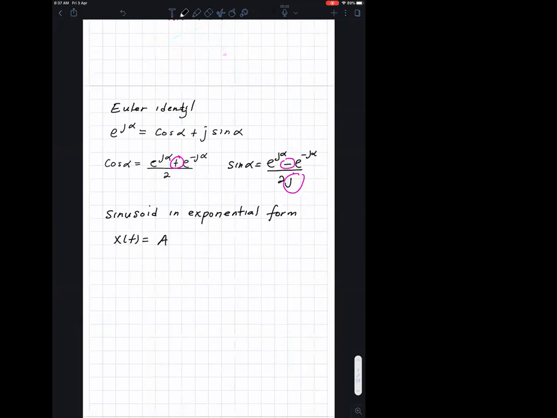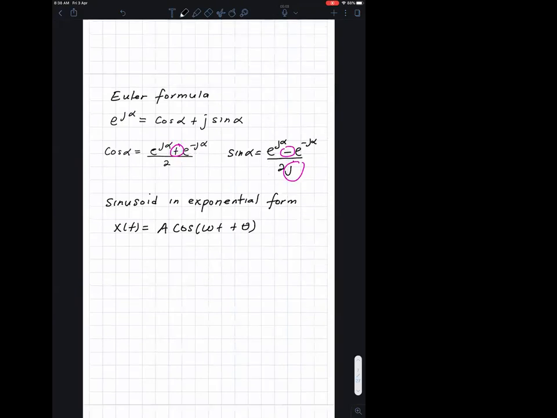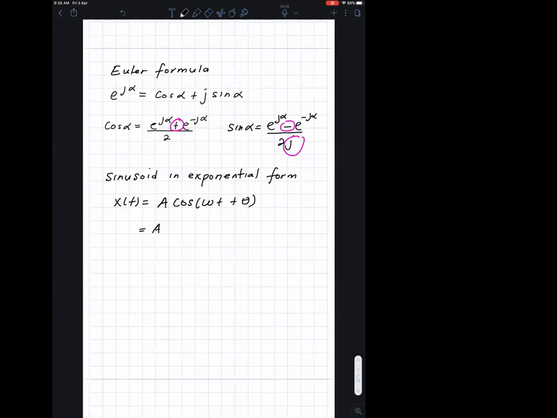x(t) is equal to A cosine omega t plus theta. Using the Euler formula, or Euler identity, I can write this as